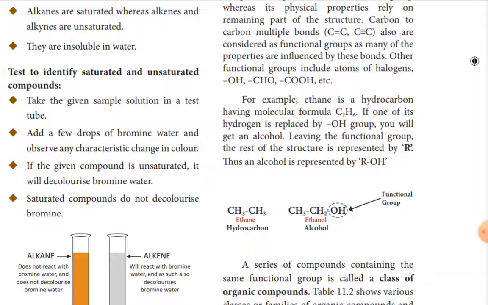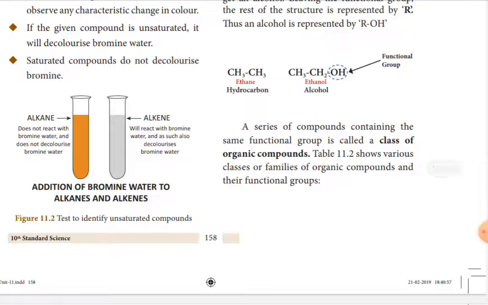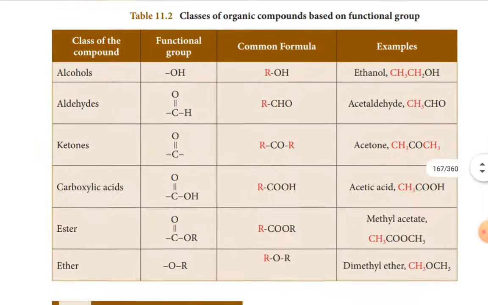ROH is alkyl alcohol. If the alkyl is ethyl, it means ethyl alcohol; methyl means methyl alcohol; propyl means propyl alcohol; R is butyl means butyl alcohol. So R is an alkyl group. Then a series of compounds containing the same functional group is called a class of organic compounds, also shown in the tabular column. The various classes or families of organic compounds and their functional groups are given in this tabular